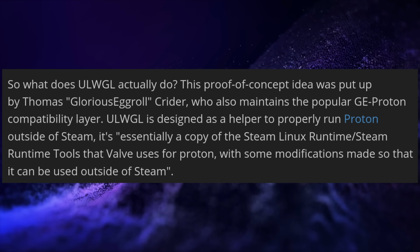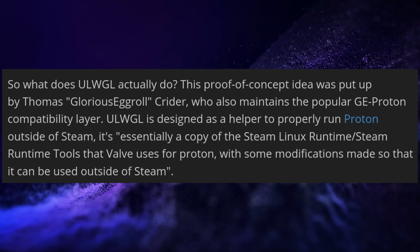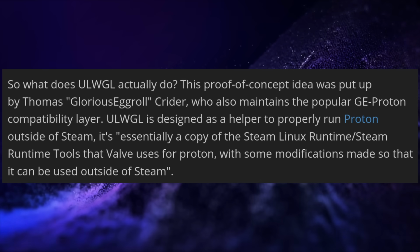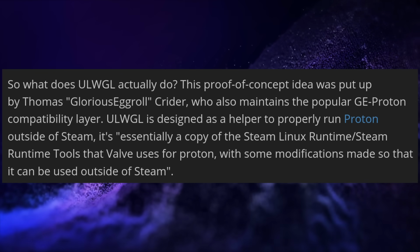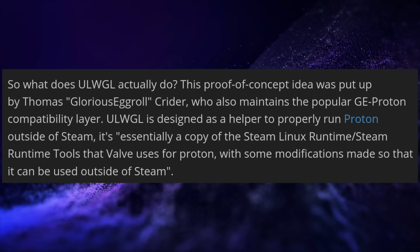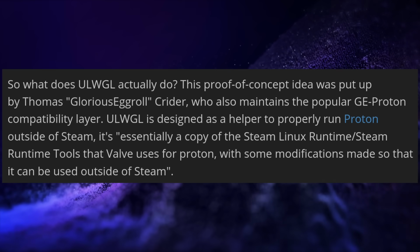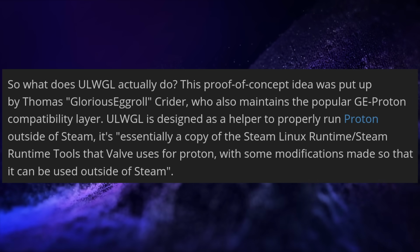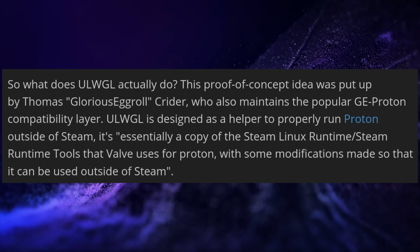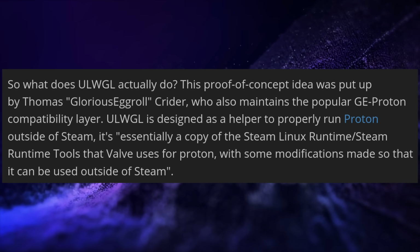And there's an interesting new project for gaming on Linux outside of Steam. It's called Unified Linux Wine Game Launcher, or ULWGL. And no, it's not yet another launcher application. It is a runtime that is meant to be used by our various graphical launchers to unify how games are run. It's developed by the prolific Glorious Eggroll, who is the maker of Nobara and GE Proton, and it's pretty much a reimplementation of the Steam Linux runtime,